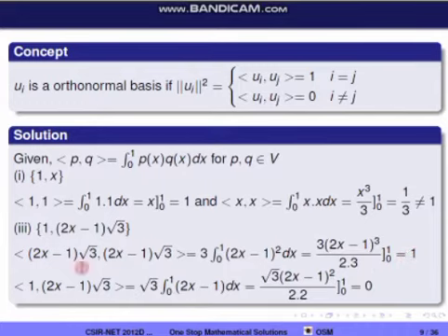So now we will check the inner product of these two elements. So this is equal to the inner product of 1 comma (2x minus 1) into root 3, that is equal to the integral from 0 to 1 of (2x minus 1) into root 3. Root 3 is a constant, so I am taking it outside. So this is equal to root 3 into the integral from 0 to 1 of (2x minus 1) dx. So this is equal to root 3 into (2x minus 1) whole square divided by 2 into 2 within the limits 0 to 1. So when we apply limits and simplify, we are getting the value 0. That is, the inner product with the other element, we are getting 0.